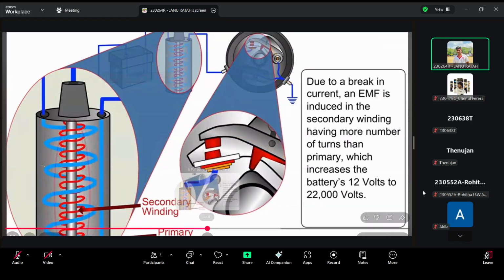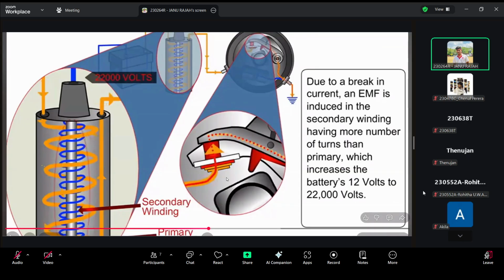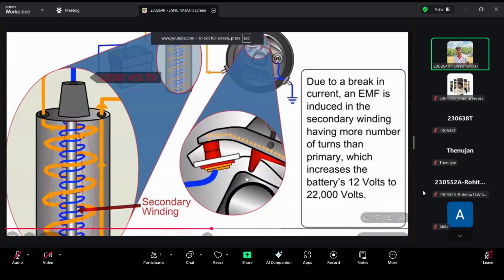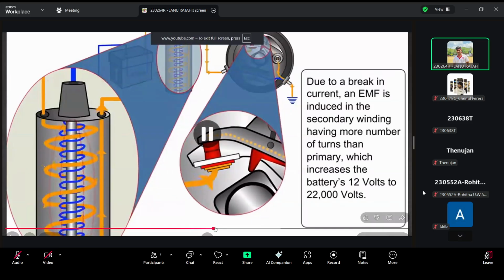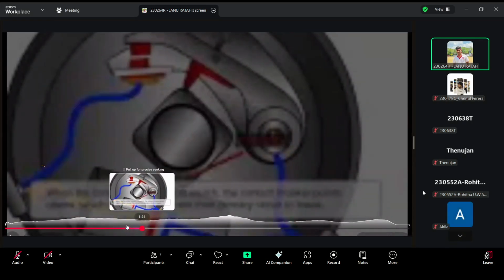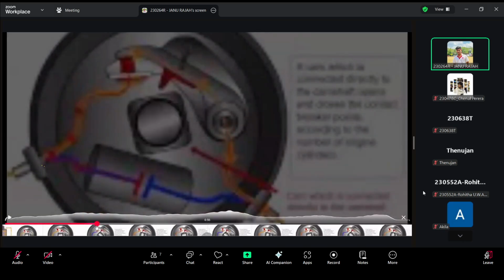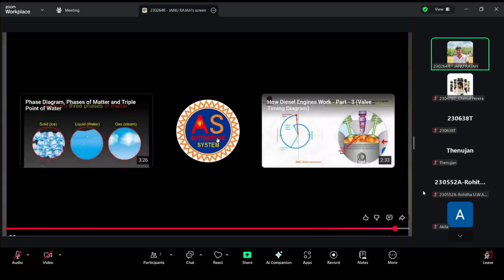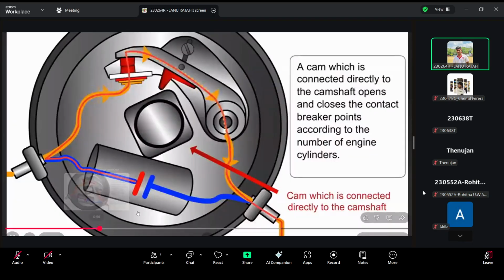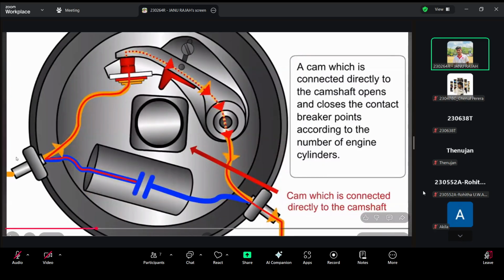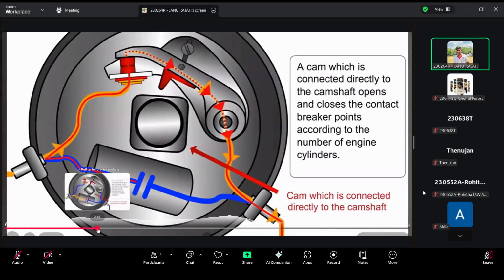Here, also, because the contact is going to break during this part. We will come here now. Here, the yellow line indicates the circuit is completed, and the red lines indicate the EMF current produced by the